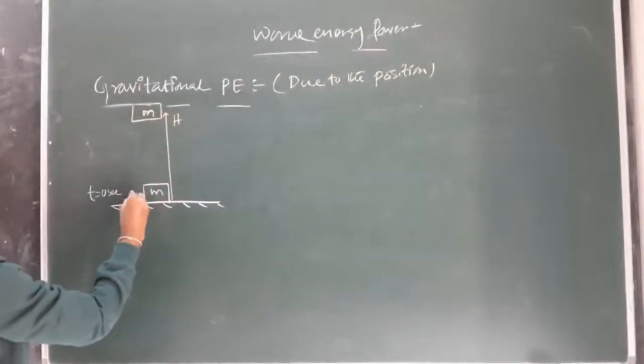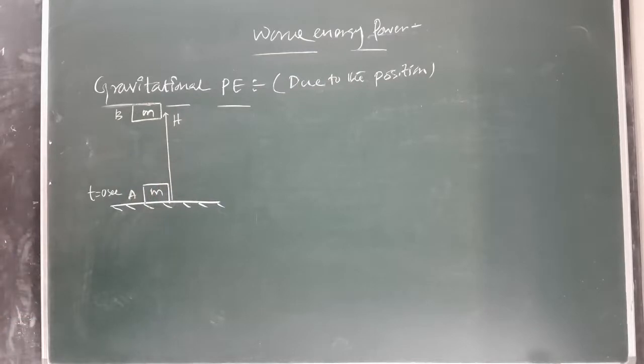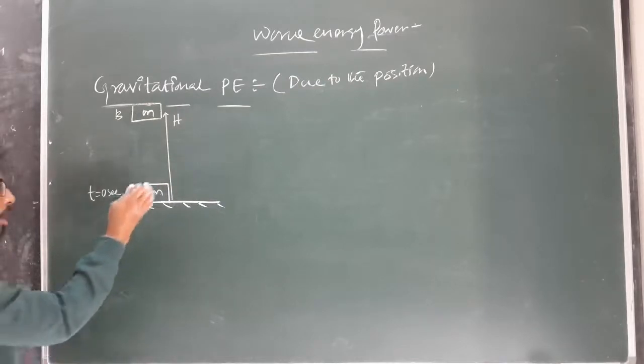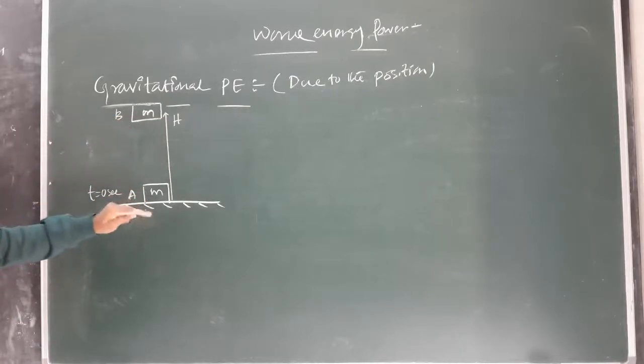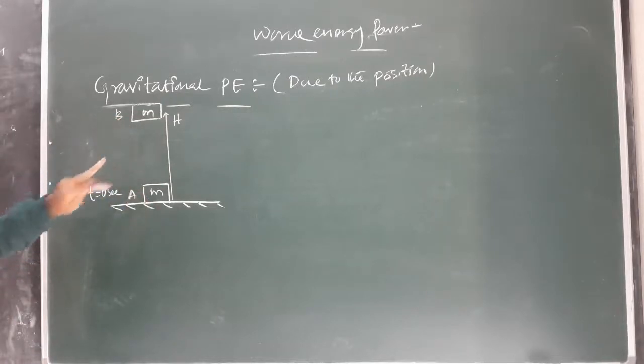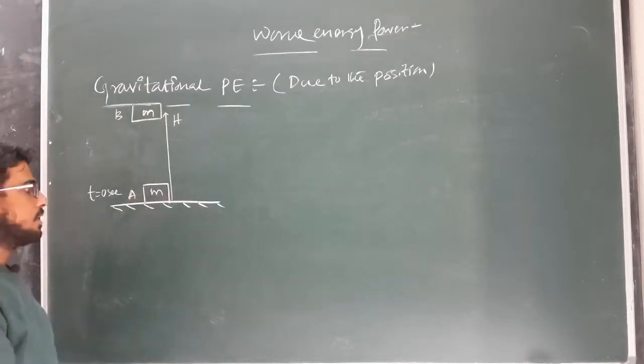Let this initial point be A and the final point be B, and the height of point B from the ground is h. Then the amount of work done to move this block from A to B by the conservative force, here the conservative force is the gravitational force of attraction,